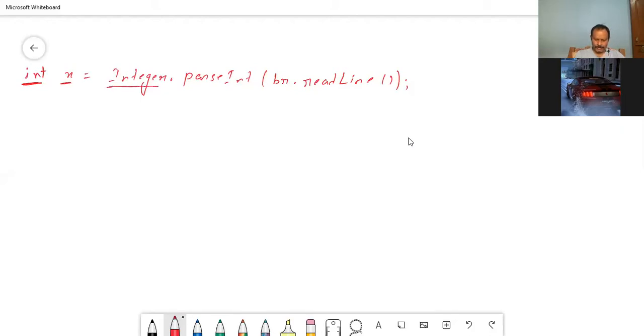Now, Integer. What is this? This is the class that defines the primitive data type int. Now, what is this?